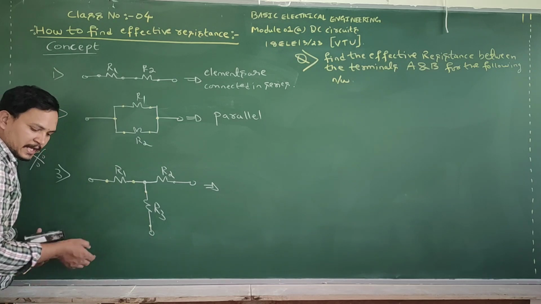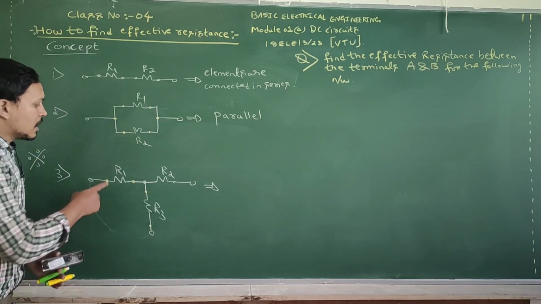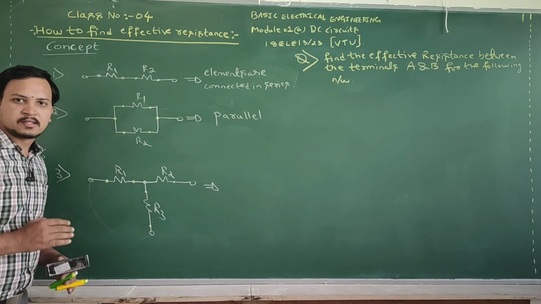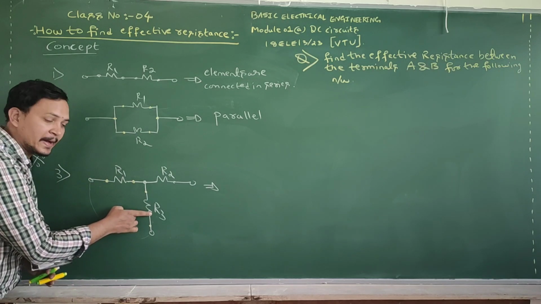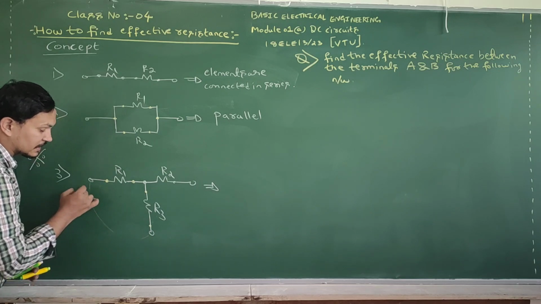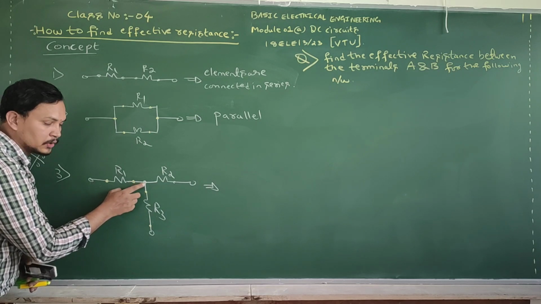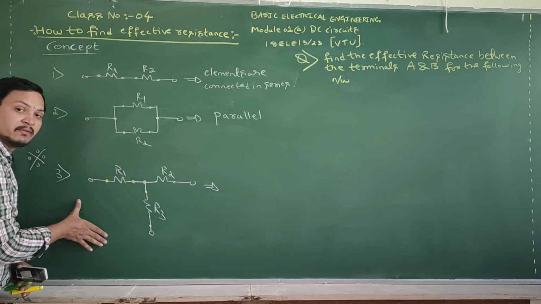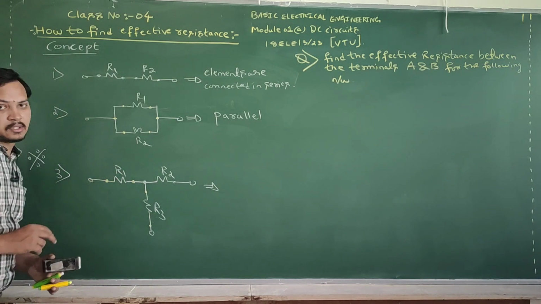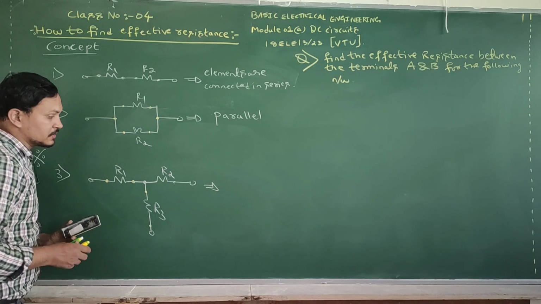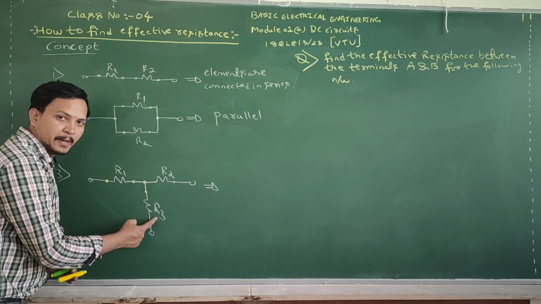If these two are connected like this, then you can conclude R1 and R3 are connected in series. Sorry, parallel. Then you can decide R1 and R3 are connected in parallel if these two ends are connected. So now R1 and R3 finishing ends are connected to one common point, but the starting ends are not connected anywhere. Therefore we cannot make a parallel combination between R1 and R3. Got it? And the next part is, if you decided R2 and R3 are connected in parallel.